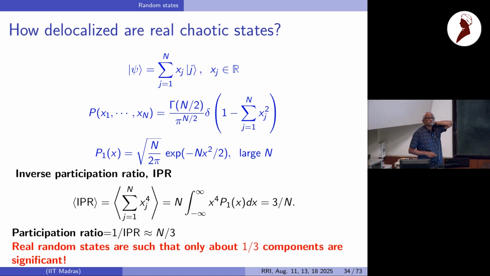Because this doesn't have any such information. It just says n is the dimension of the Hilbert space. That's all. If the symmetry is different, you will get different numbers here. For the IPR, you get 3; the inverse participation ratio has a good interpretation as the participation ratio. There are many moments and entropies that one can calculate. I'm calculating the simplest.